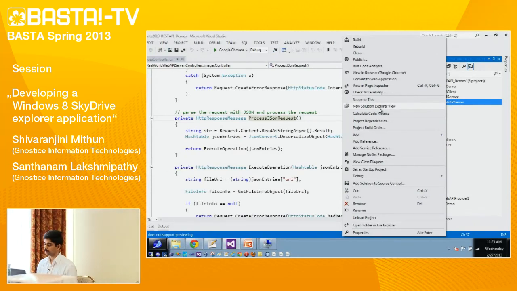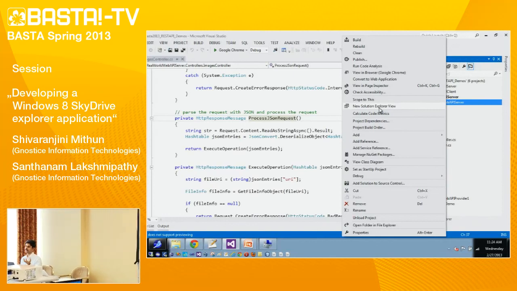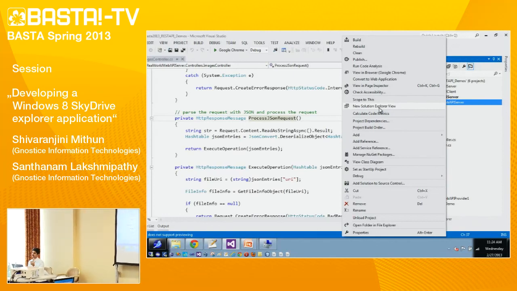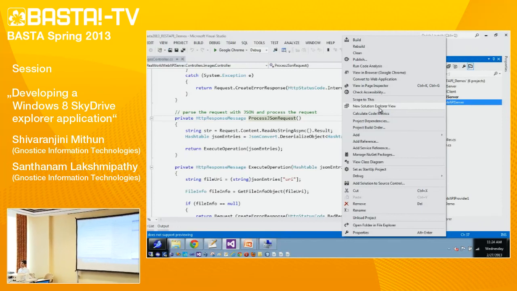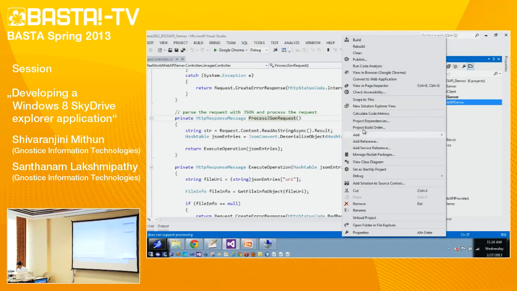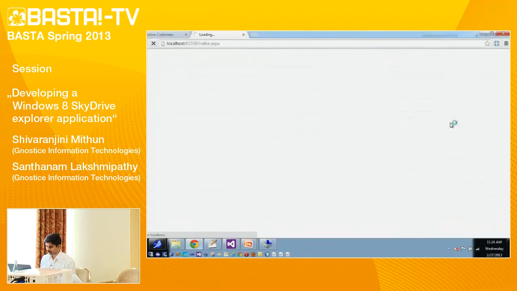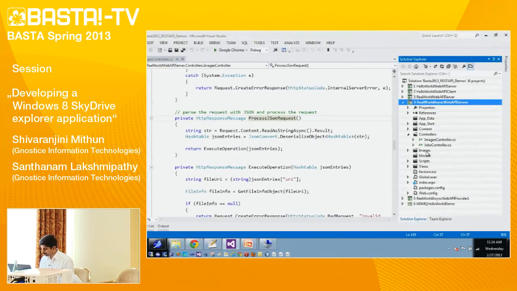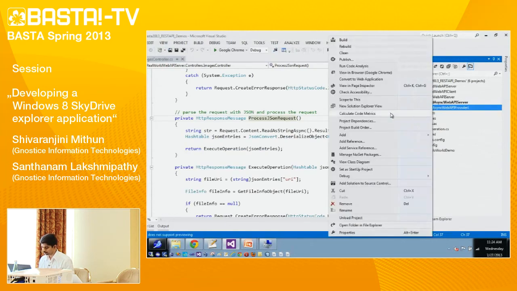The request processor application will monitor the message queue server, and when there is an operation request, it gets the operation, performs it, and sends the response to the response queue. We'll set this as the startup project and run it. Now the server is ready to take the client request. Now we will start the request processor application.